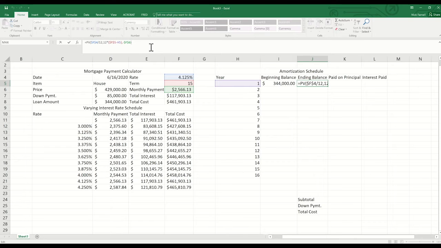But we're going to wrap an if statement around this as well. And the reason we're going to do that is we only want to calculate this if the loan is still happening, right? We don't really care about year 16, 17, 18, 19 because the loan is done. So one way to do that is we're going to put an if statement saying if H5 is less than or equal to F5,